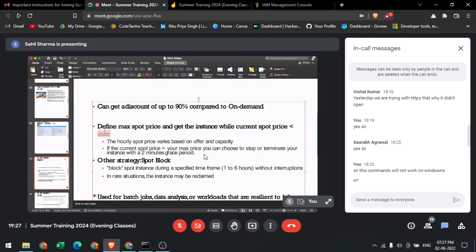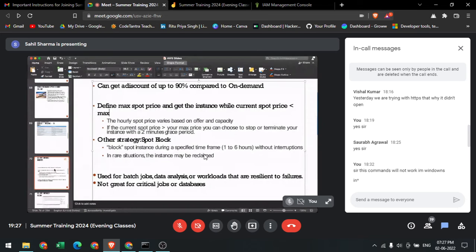Whenever it exceeds the maximum one, you need to release that particular spot. Okay, so we have already studied this. Then